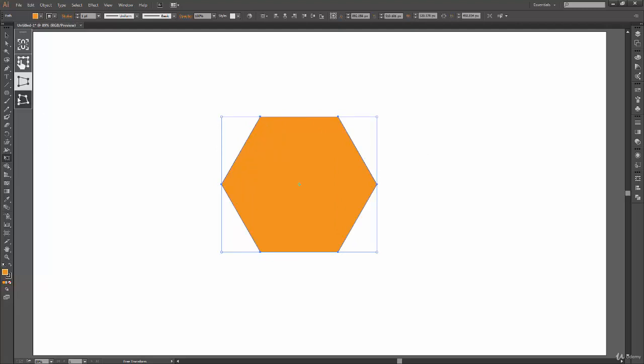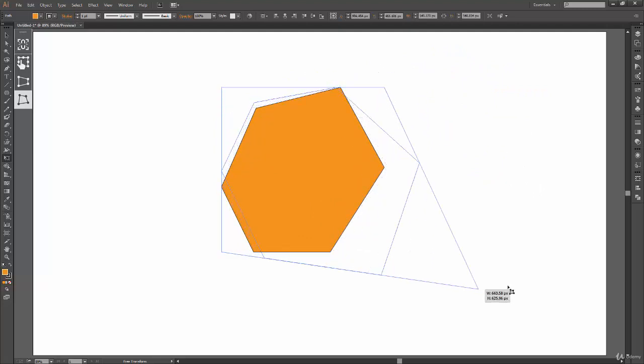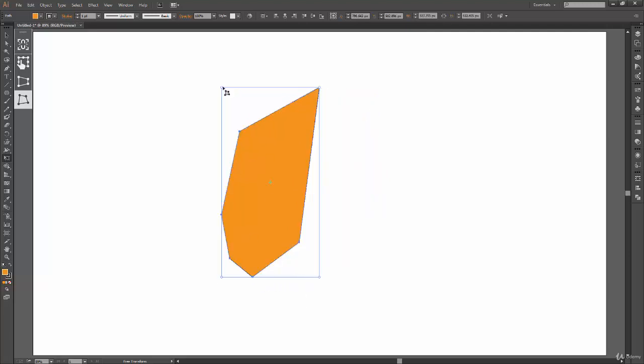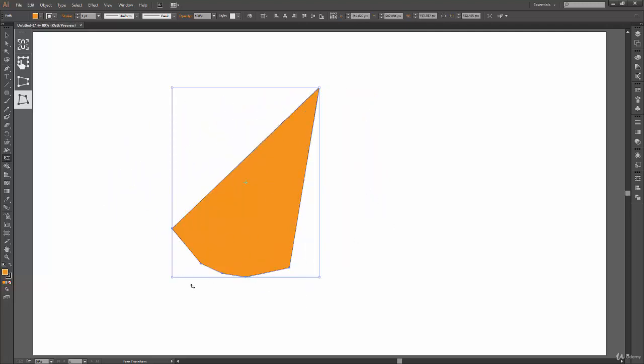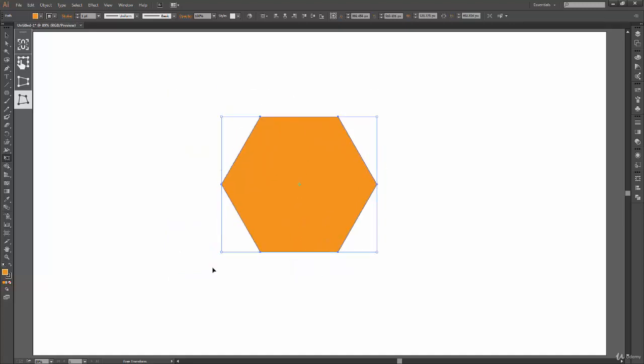Now let's move on to the fourth option, which is free distort. So this option is very robust, and here all these points are independent. So when you click and move, every single point moves freely, and they don't have any constraint with respect to the other points. Okay, so this gives me another level of freedom where I can change my shape in any way I want or transform my shape in any way I want. So yeah, that's all with these four options.